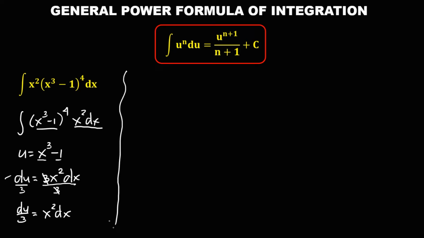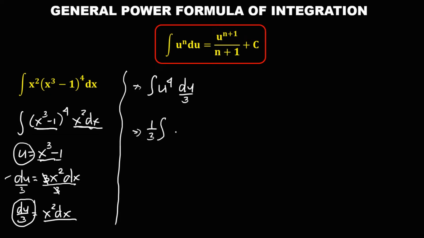Then to find the integral from the u substitution, we have the integral of u to the power 4, and x squared dx is du over 3. So we have du over 3. Then to simplify, we need to put this 1/3 outside, and we have the integral of u to the power 4 du, and using this formula, we have 1 over 3 times, so we have n